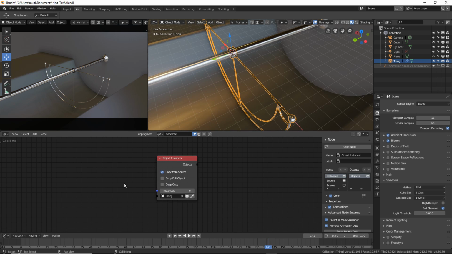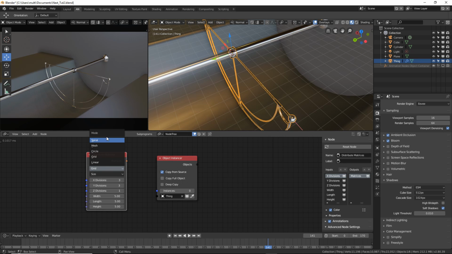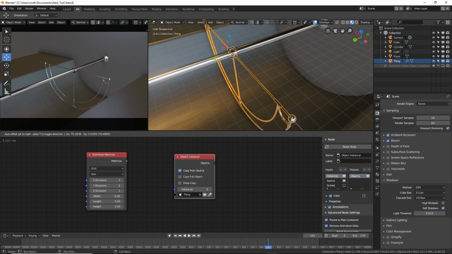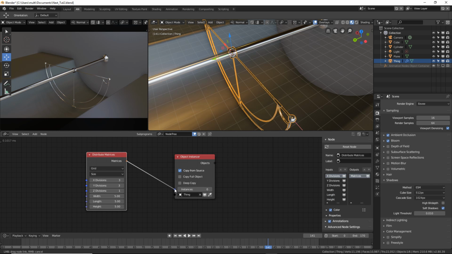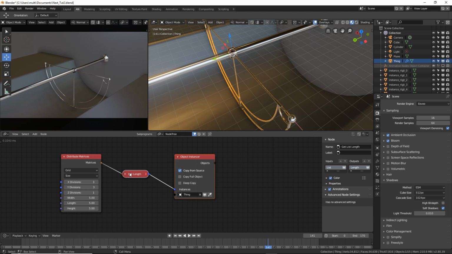So to do that, I'm going to use a distribute matrices node. This one has many modes, and I'm going to use the grid one. It's good. So just connect to the instances. It will tell the instancer how many copies to create.